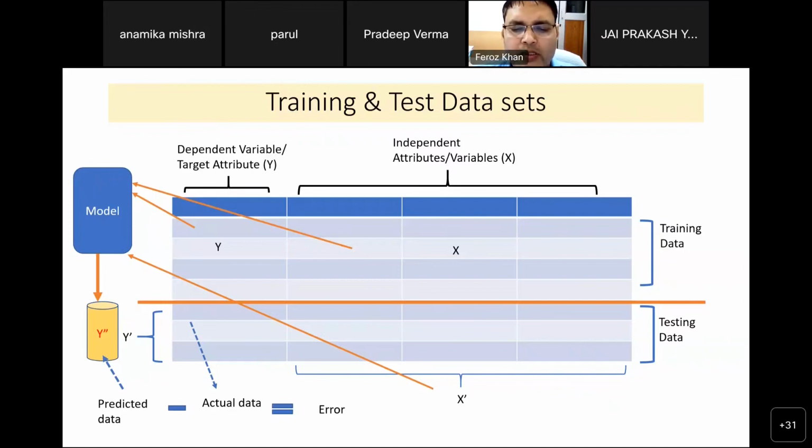This 80% part is called training data, as seen in this slide on the top. So the top 4 rows indicate the training data set having the 80% component. The rest 3 rows indicate the testing data points, which are also experimental ones, but they are the part for validation purpose. We normally use the training set for modeling.